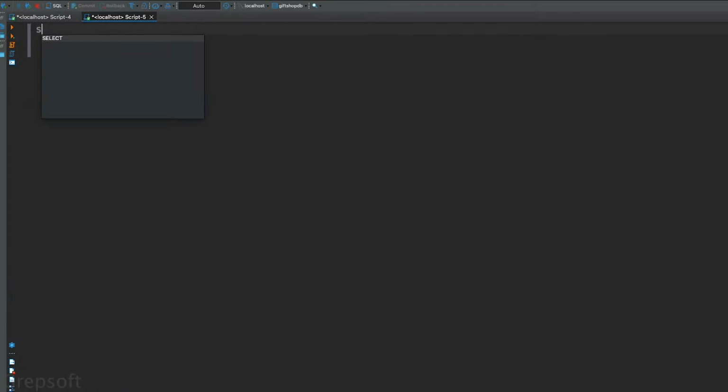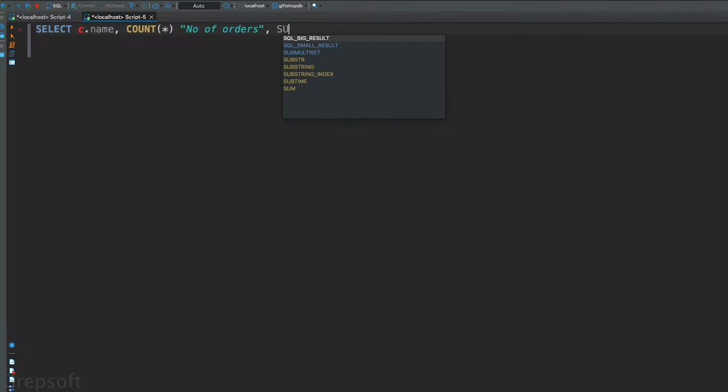All right. So what I will do is I'll say select, and then I'm going to select the, let's say, customer name, and then we're going to do account. Okay. And then we're going to do number of orders. Okay, and then I'm going to do the amount. So we want to basically say the amount the customer has spent, and then the number of orders they have placed. So we want to do that, and we're going to do total spent,